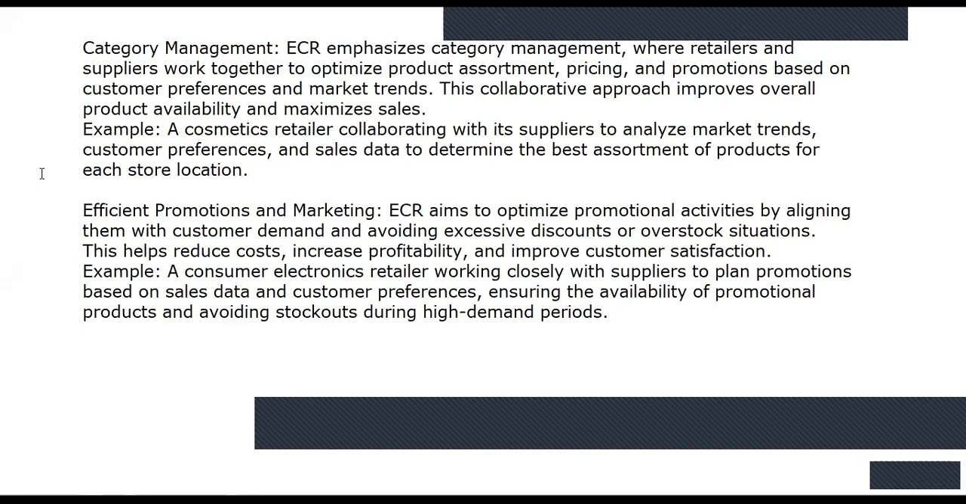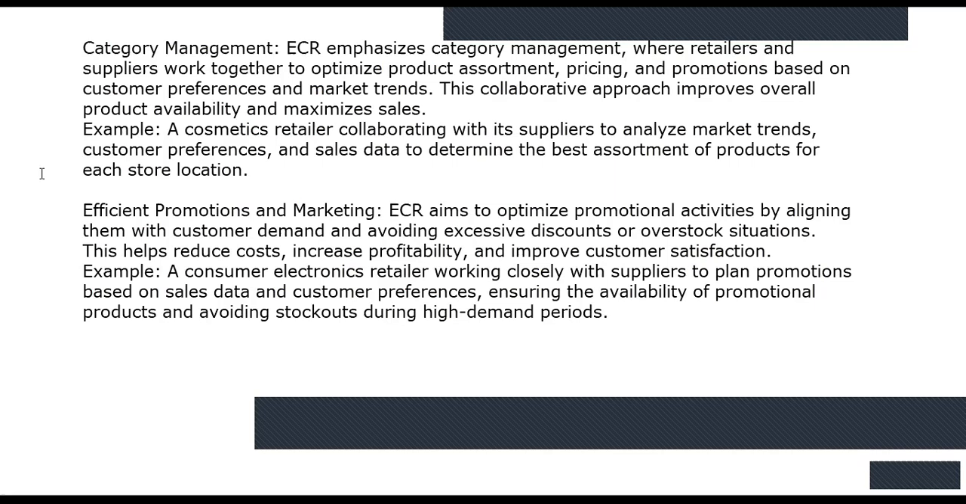An example is a cosmetic retailer who collaborates with the supplier. They will analyze the customer or market trends, see the customer preferences, and input sales data to determine the best assortment of the products for each store allocation. There's also efficient promotion and marketing, where the ECR will aim at optimizing promotion activities by aligning